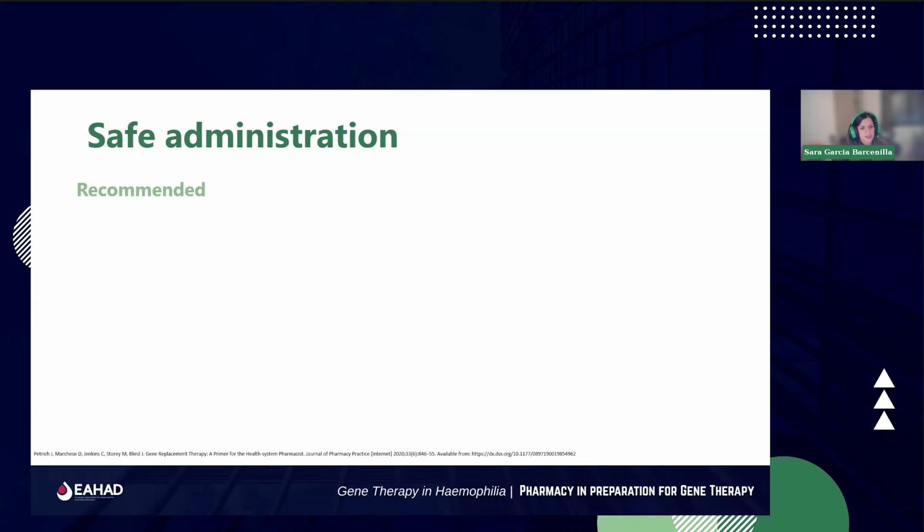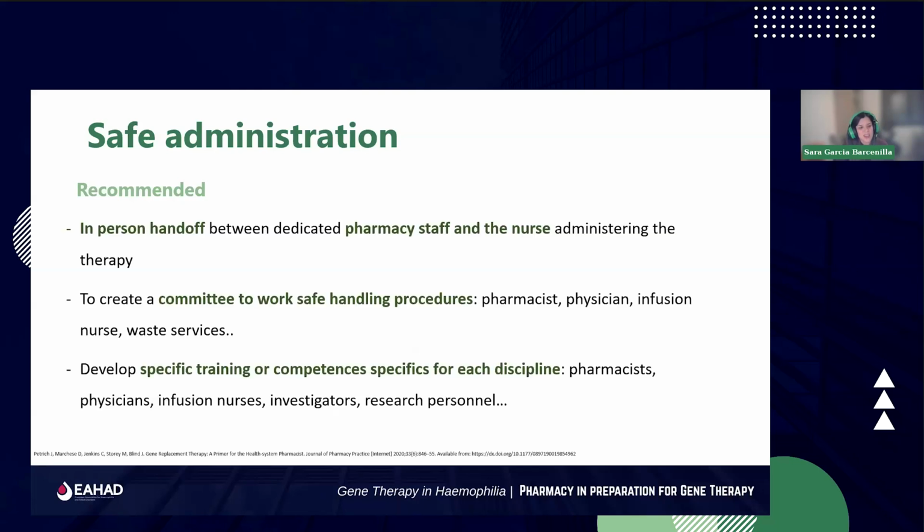Continuing with this paper, because I think it is a really good paper, I found a lot of information there. This group of pharmacists recommends in-person handoff meetings between the dedicated pharmacy staff and the nurse who is going to administer the therapy. They also recommend creating committees to work on safe handling procedures, involving the pharmacist, the physician, the infusion nurse, and the waste services, and developing specific training or competences for each discipline: pharmacists, physicians, infusion nurses,